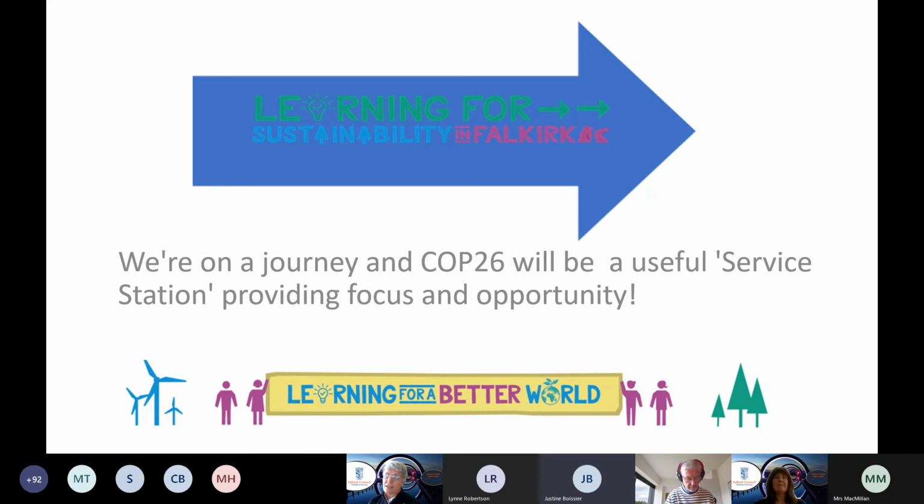We're hoping that it's a legacy that will result in learning for a better world. That's one of the catchphrases of LFS, and it's part of our Falkirk branding. But we also hope to demonstrate how the social studies and RME experiences and outcomes can be delivered in a really interdisciplinary way, using the wide range of resources that are available connected to COP26.